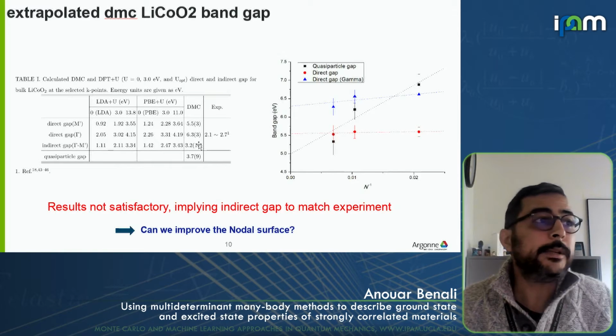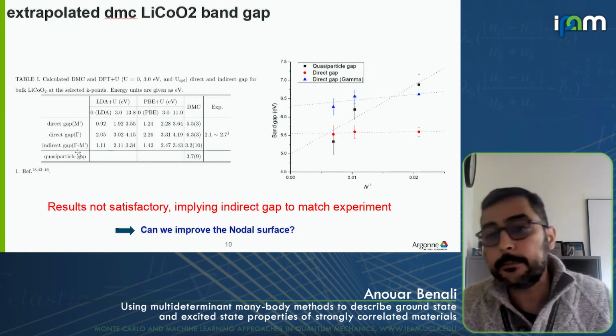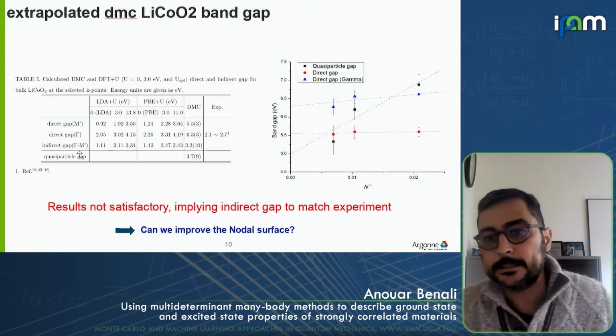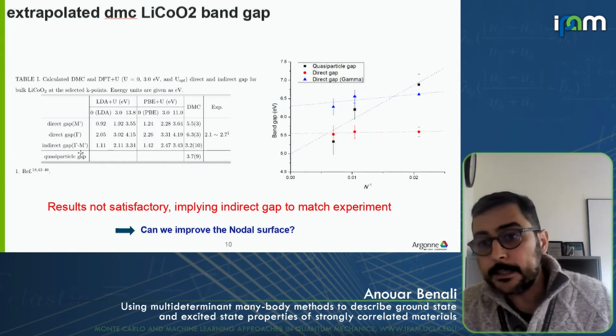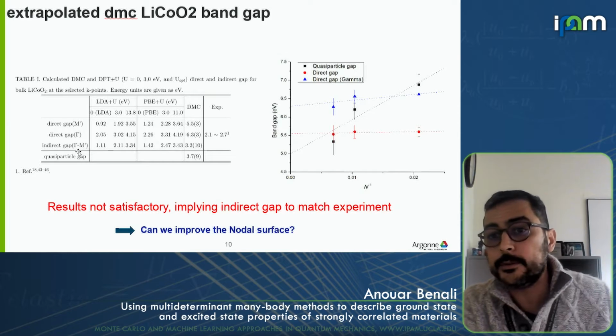And the only way that we can get closer to the real band gap, or at least to the experimental band gap, is by thinking that there is some indirect band gap between the gamma and the endpoint. And this is absolutely not satisfactory. So something is off with the nodal surface. And this is where we try to improve the nodal surface a little bit better to see what's going on